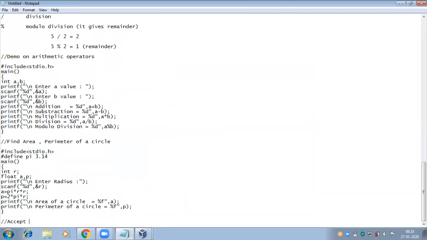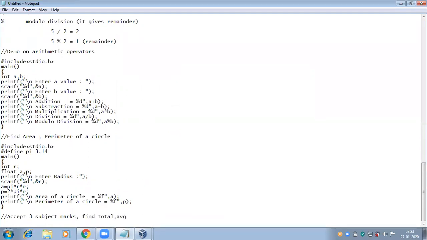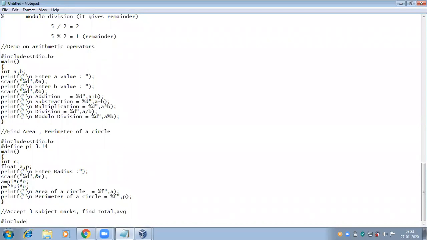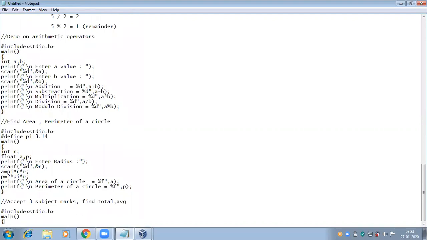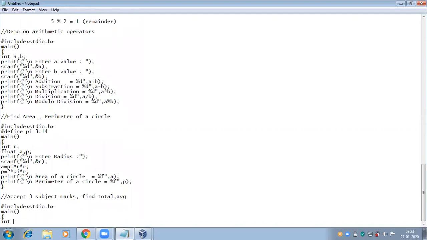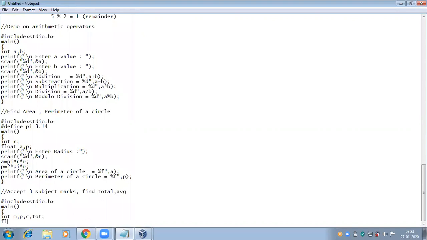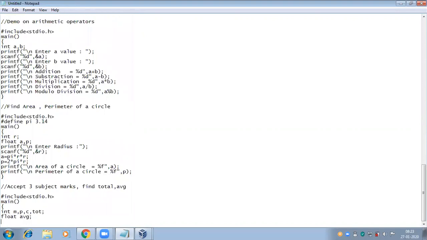Here, accept 3 subject marks. These are all examples of the arithmetic operators. Find the total and average. If I want to read multiple values, the number of control strings we write in the input and output statements must match. The resultant value total is integer, and average may be float.